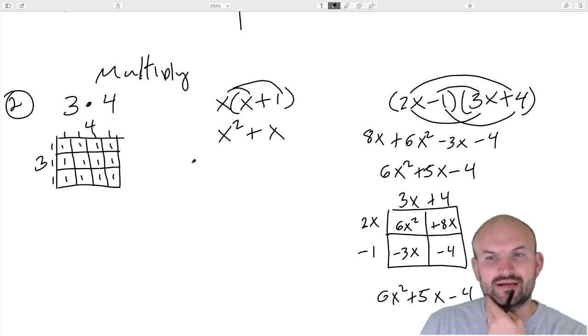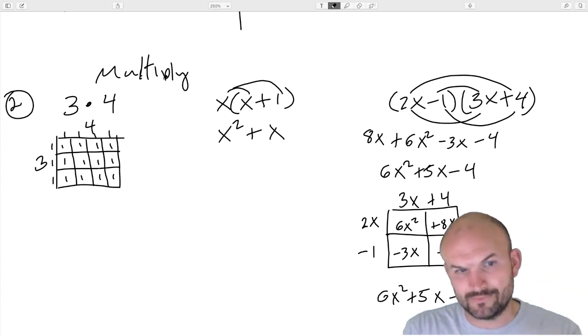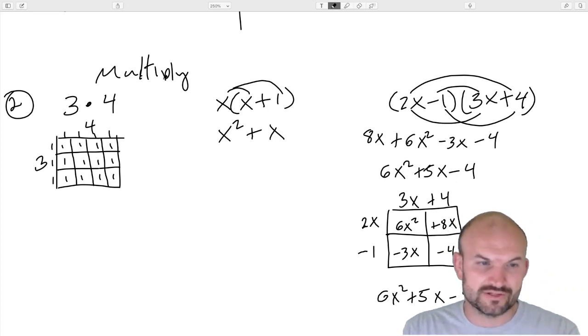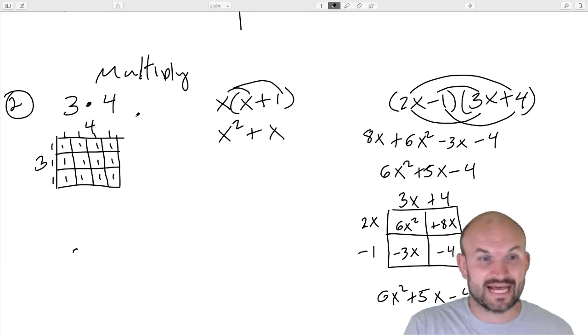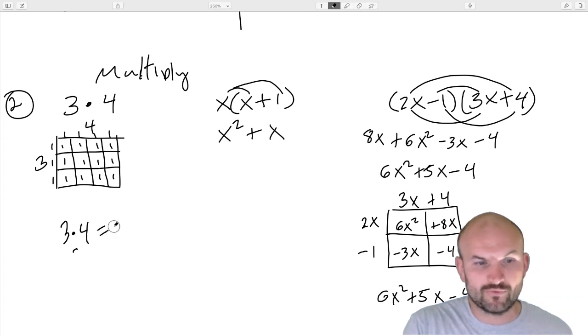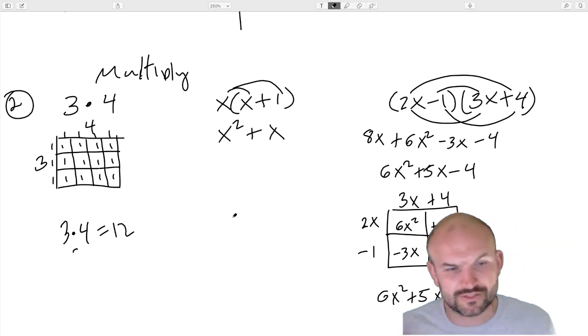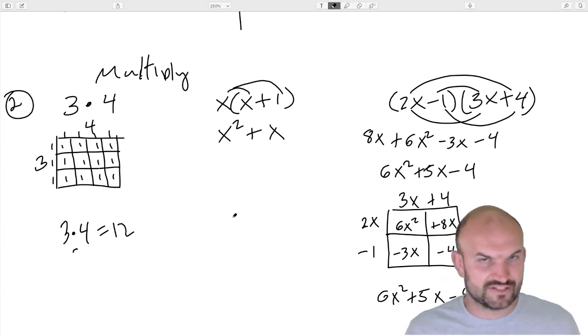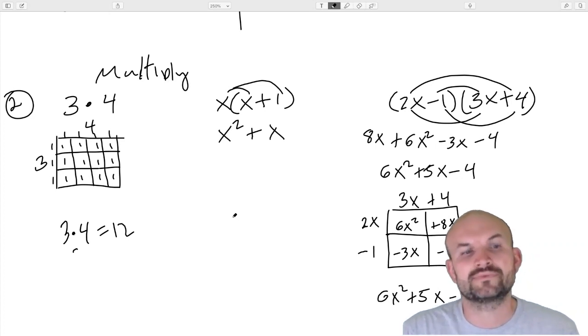But my point is a couple of things. One, when you're doing multiplication of two values, that is always going to produce an area. If I do 3 times 4, some of us just have that memorized as 12, right? We don't think about it, we know it. I don't know how old you are or what class you're in, but a lot of us have this memorized by now. For speed, it just makes sense to do that.